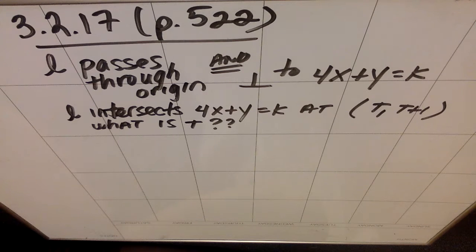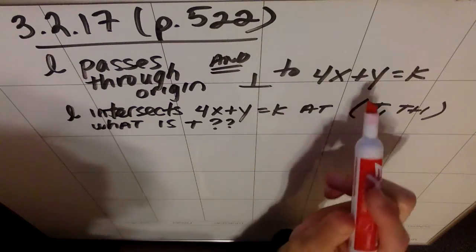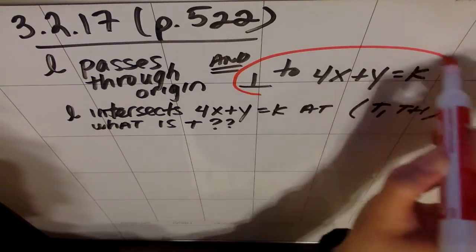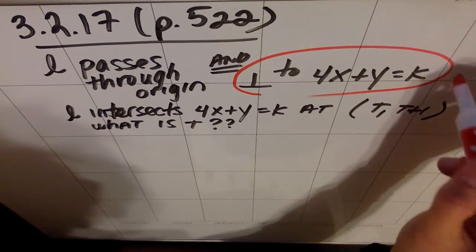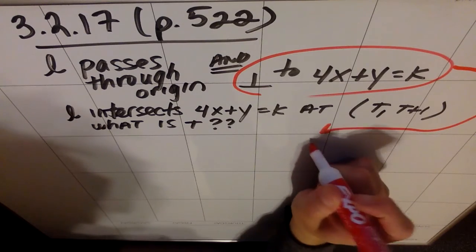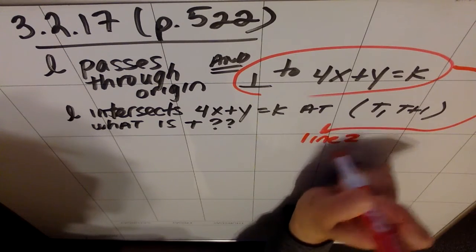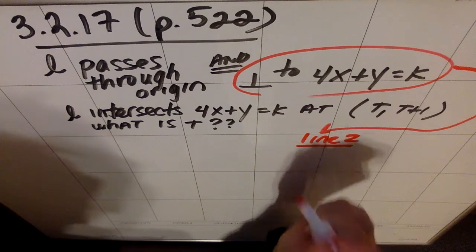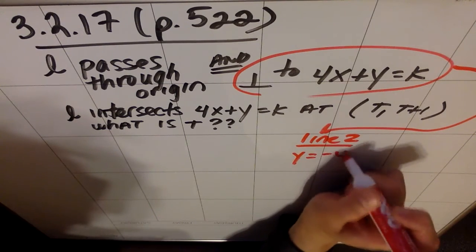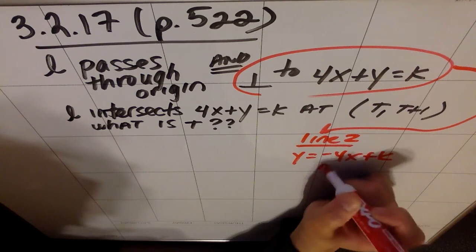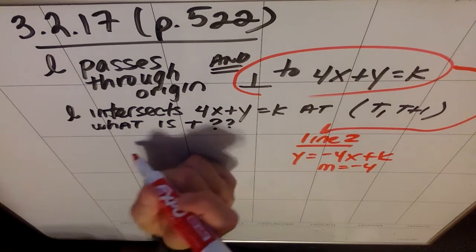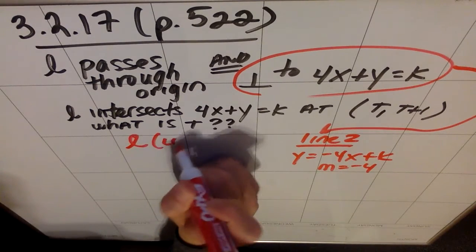So first thing I know is that L passes through the origin and is perpendicular to this line. Perpendicular means that the slopes are opposite reciprocals. So this line, I'm going to just call line 2 for simplicity. If I solve for y, it is y equals negative 4x plus k, meaning this line has a slope of negative 4. So my line L, which I'm going to call line 1,